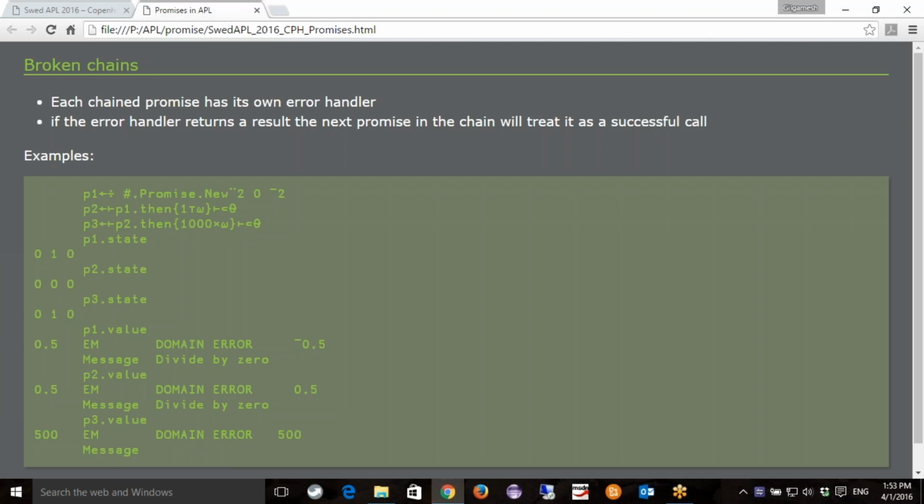I mean, perhaps that's the point of the error handler, that you can do something specific at each point in the chain by providing a different error handler for each one. Yeah, if divide by 0 didn't work, then return 0, which would be okay in the next step. In this scenario, read a file, failed, return an empty string.